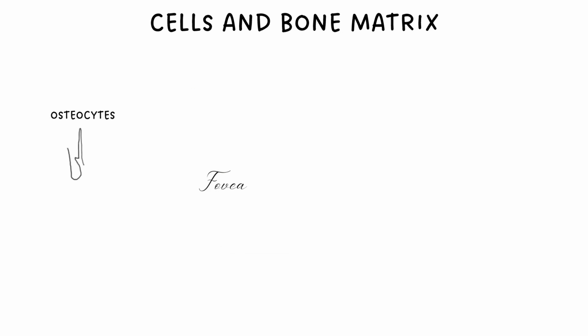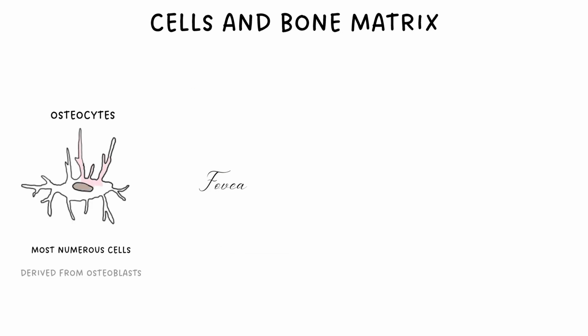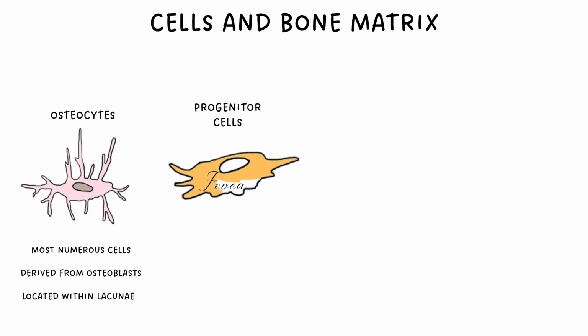Osteocytes are the most numerous cells in mature bone tissue. They derive from osteoblasts that become trapped in the osteoid within lacunae. Although they are unable to divide, they remain metabolically active. Osteoprogenitor cells are stem cells that, in vascularized regions, give rise to osteoblasts, while in avascular regions, they differentiate into